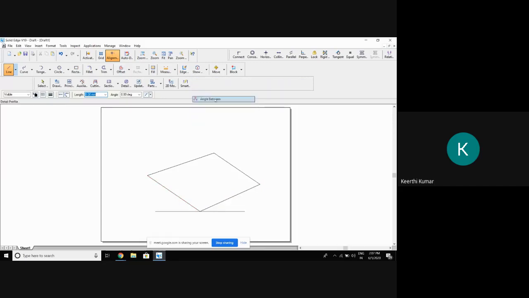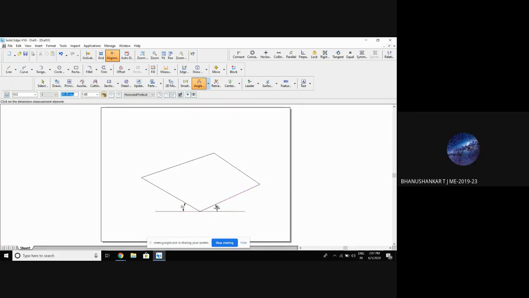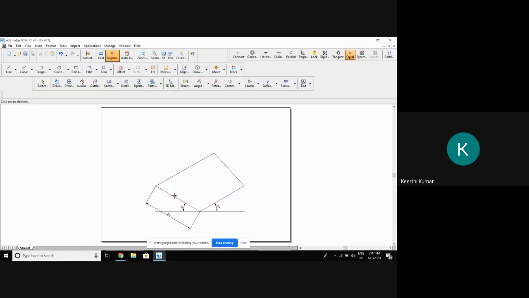What is the angle I'm supposed to maintain? 30 degree. Yes, 30 degree. And then this dimension I'll maintain as 80 because it's a cube of 80, as I told. And this should be equal to this. This should be equal to this. Then what is the height I'm supposed to take? Cube 80. Correct? 80, sir. Okay.